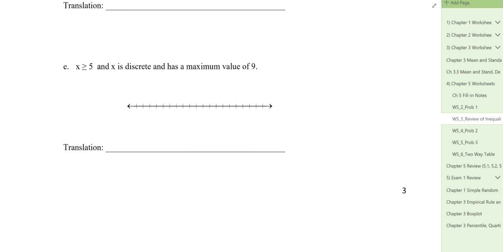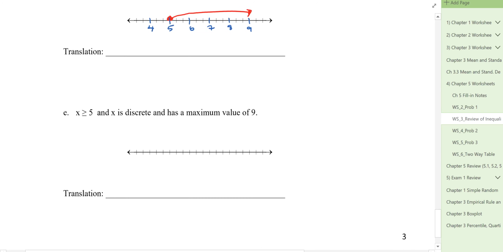Let's do E. x is greater than or equal to 5. Now notice in this case here, x is discrete, not continuous like the previous one. So let me plot them again. Okay. So I want x greater than or equal to 5. So 5 is one of the answers. I know that it's discrete. That means I can count them, countably many of them. It has a maximum value of 9, meaning 9 is one of the